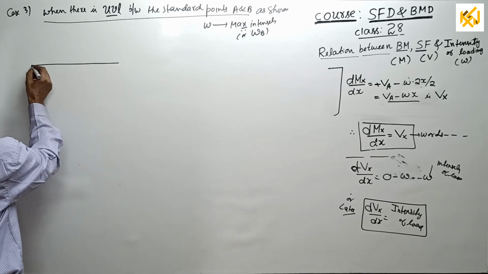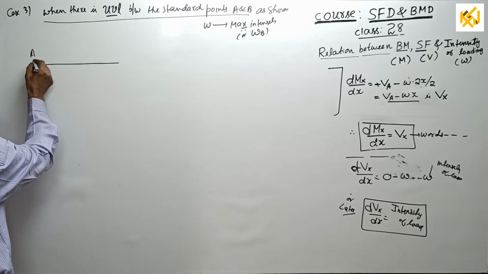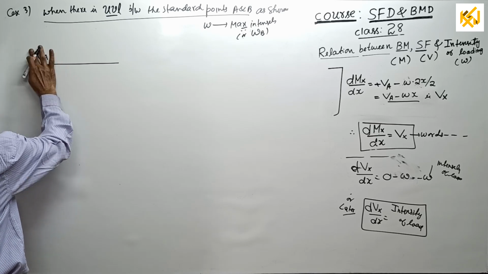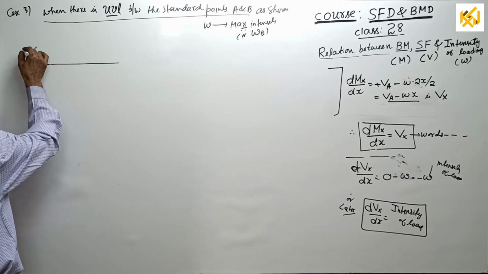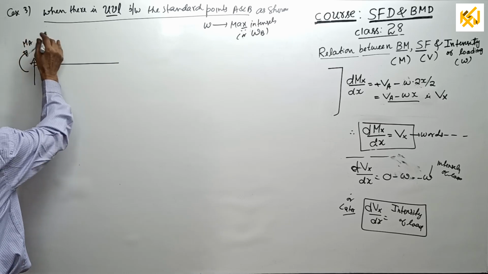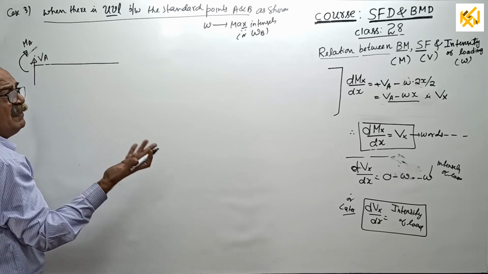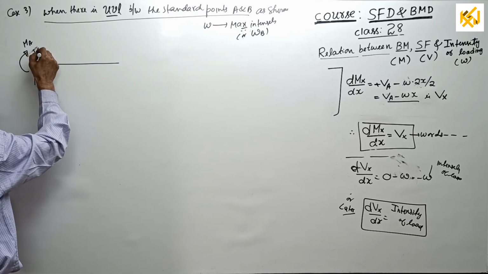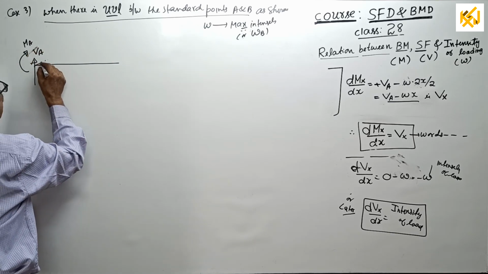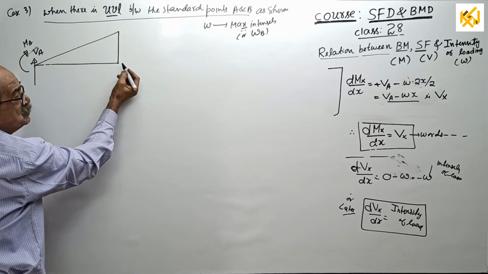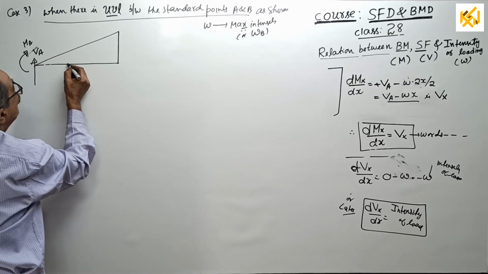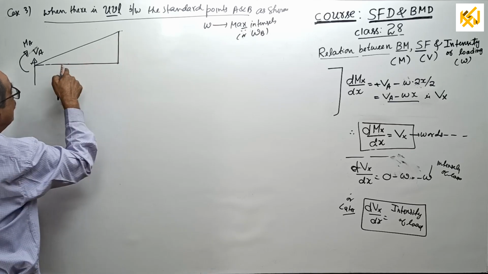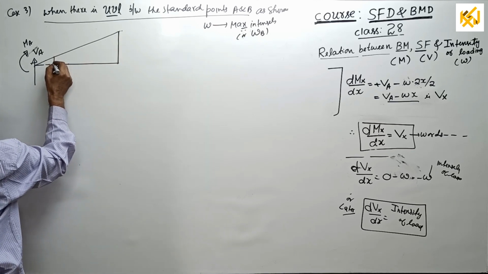This is the point. This is your A. There is a force here of VA as usual. This is MA. But many times, if it is a cantilever free end, VA will be 0, MA will be 0. If it is 0, why worry? You substitute 0. Now, see, uniformly varying load. No student will say, take some here to here, sir. I cannot take here to here because if I take here to here, this will become a standard point. So now they will know it.